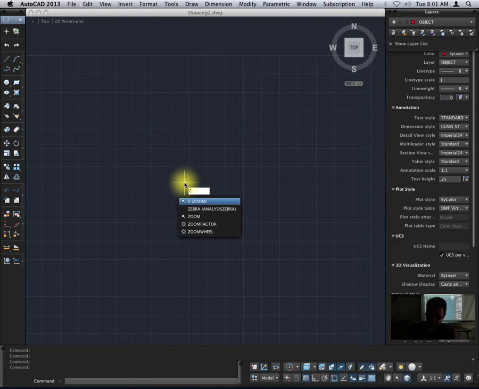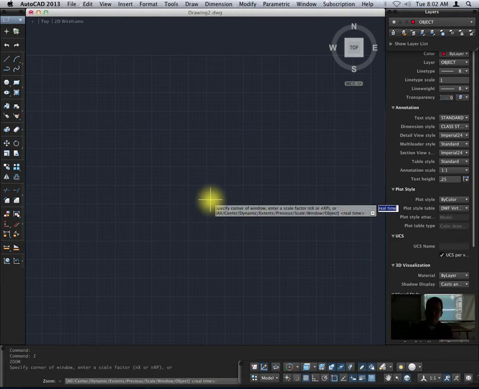So Z is for zoom, and you'll notice as you begin typing a command, it gives you sort of a list of commands that begin with that letter. So what's nice about that is if you can't quite remember what a command was, you can at least remember the first letter. That might be enough to actually get you going. So anyway, I'm just going to hit Z and then hit enter. And now I'm actually